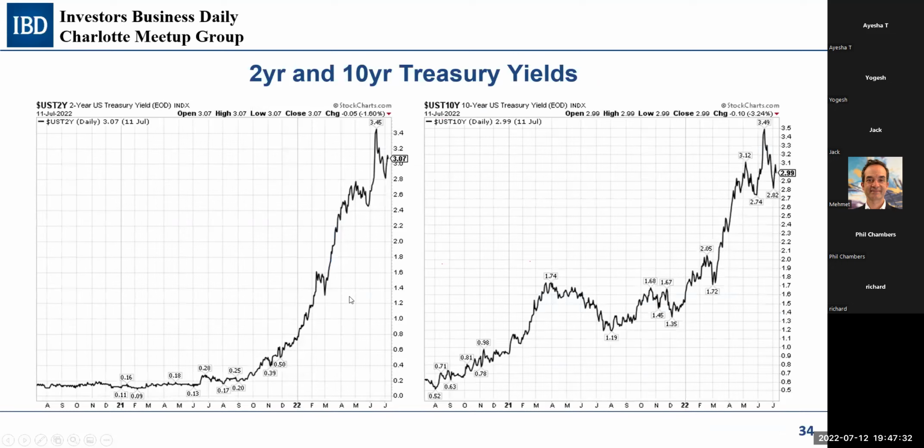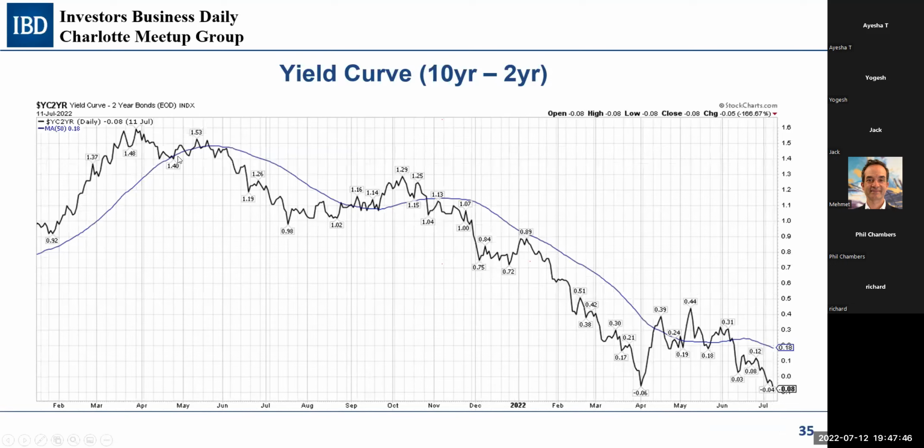Okay, and then here's just the Treasury rates, the 2 and 10 side by side. This is the effect of the policy, the effect of inflation happening here. And with that, we'll notice the yield curve inversion happening again. We had it for a couple of days back in April. It's recently inverted again, so that the 10-year yield is lower than the 2-year yield, and that's a well-known forecaster